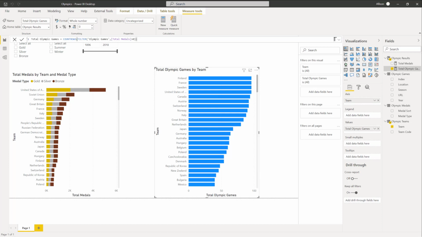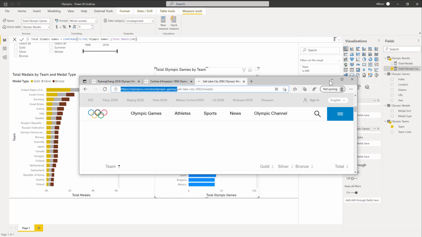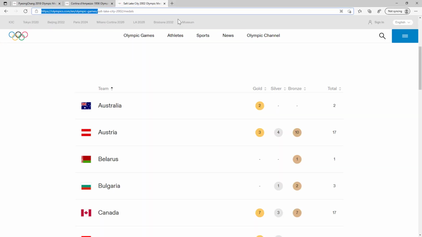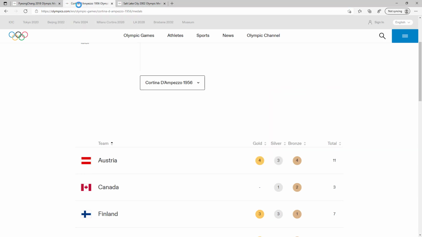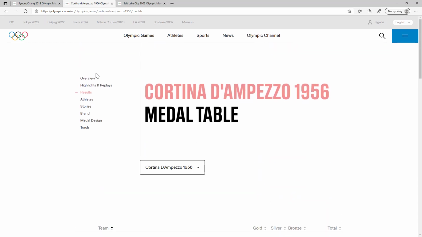And that's all I've got for now. So enjoy the Olympics. Keep an eye on my blog. I'm going to be continuing to analyze the Olympic results. Hopefully you've enjoyed seeing how to crawl web pages using Power Query custom functions, how to handle different levels of granularity, measures that aren't in your fact tables,